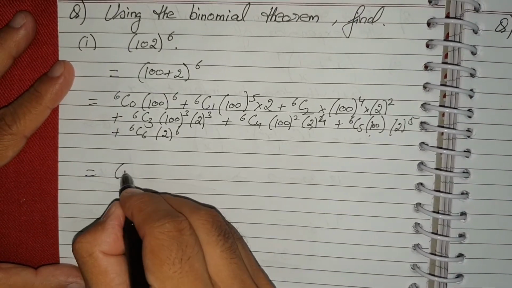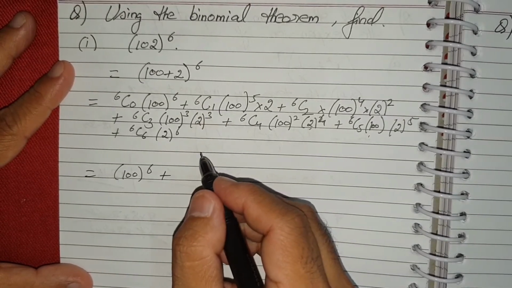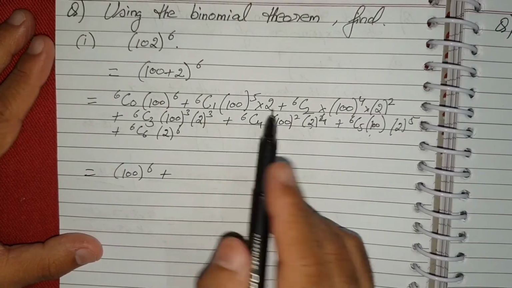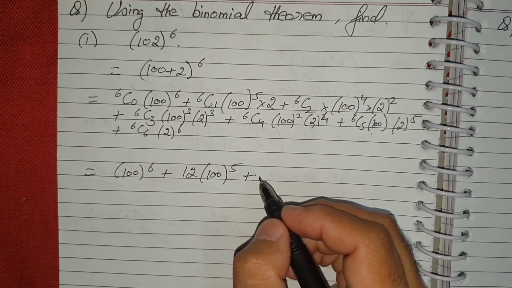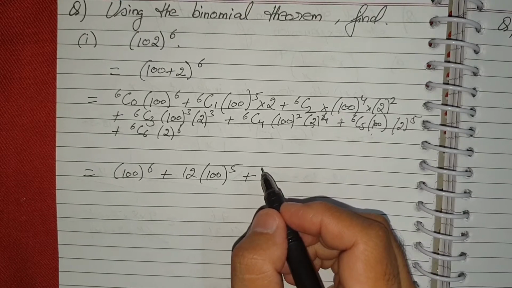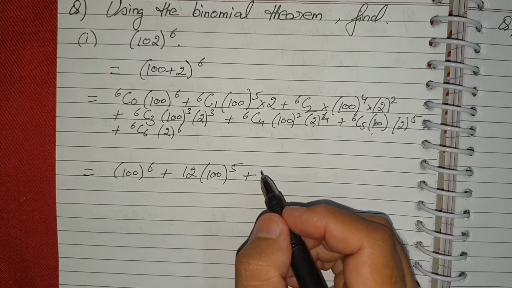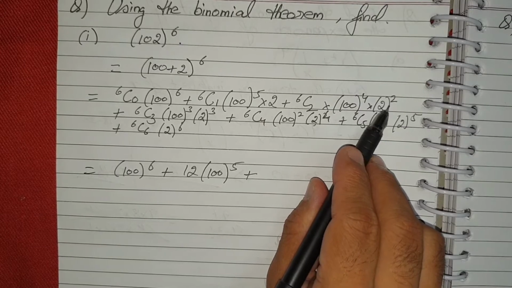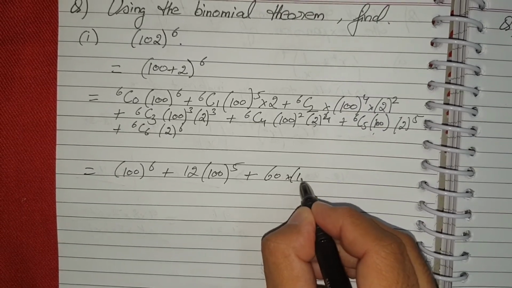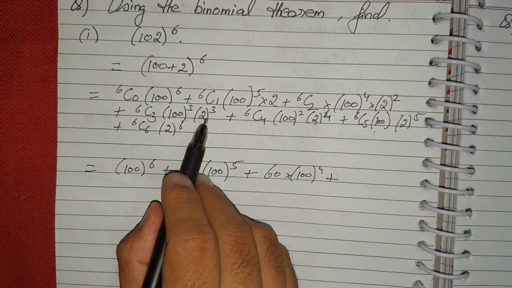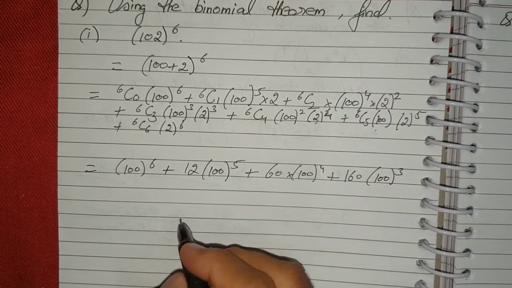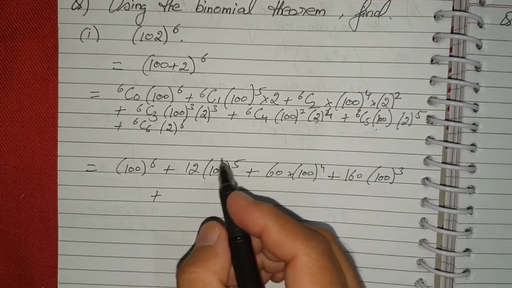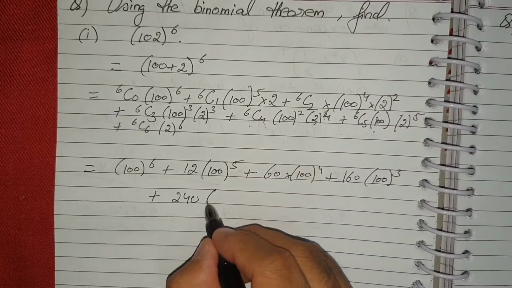We know that 6 C 0 is 1. So, this is 100 to the power 6, plus 6 C 1 is 6, so 6 into 2, 12, 12 times 100 to the power 5, plus 6 C 2 is 15 and 2 square is 4, so this is 60, 60 into 100 to the power 4, plus 6 C 3 is 20 and 8 gives you 160, this is 100 to the power 3, plus 6 C 4 is 15 and 2 to the power 4 is 16, so this is 240, 240 into 100 square,